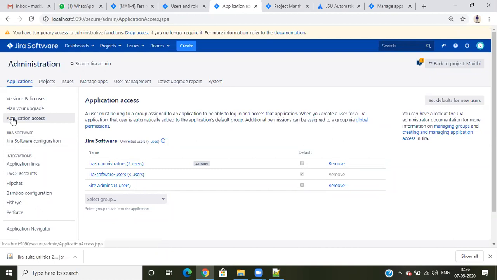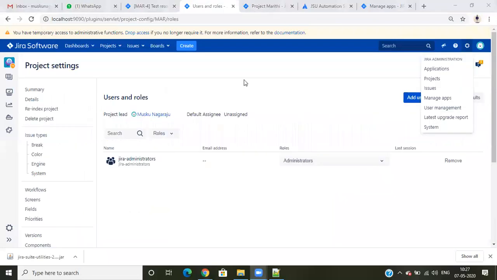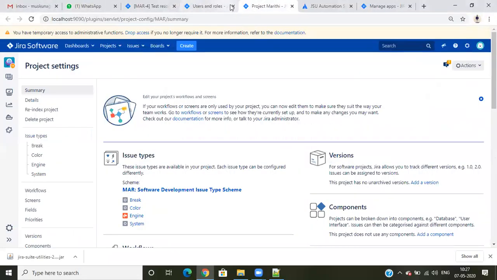If you want to know how many active users are in your Jira instance, you have to come to application access, and you see here 7 people are used. So there are 7 active users in your Jira instance right now. This is the way we calculate the Jira software users. Fine. Okay.